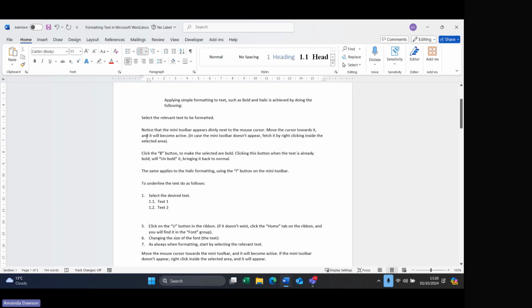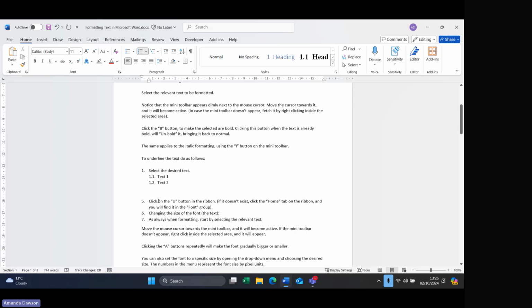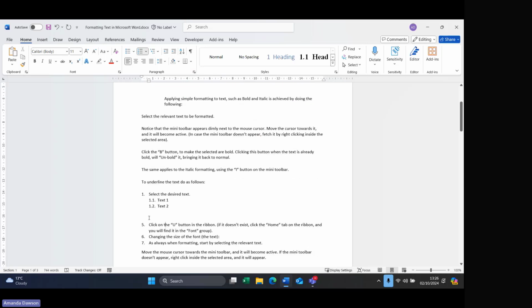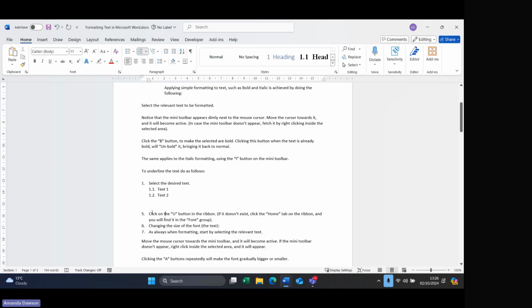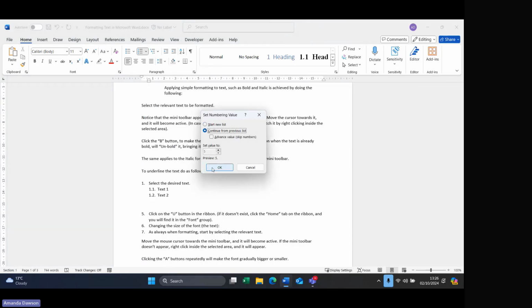So I've now got my 1 up here, my 1, 1.1 and 1.2, and then I've started this list at number 5. So there are lots of different ways that your numbering can come out of sync and stop merging with the previous one. If I wanted this to be a continuous list, I would start by going into this list, going into my numbering value and continue from previous,